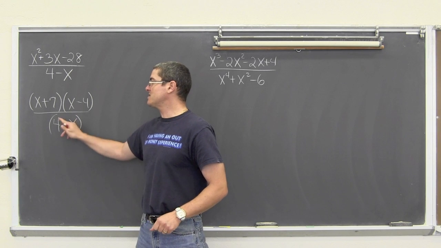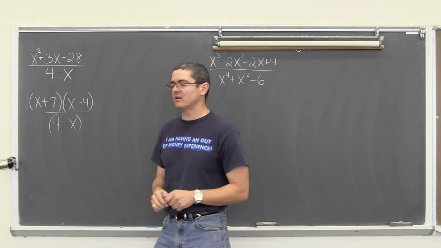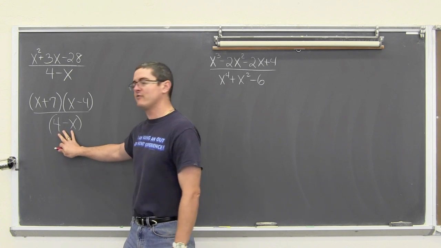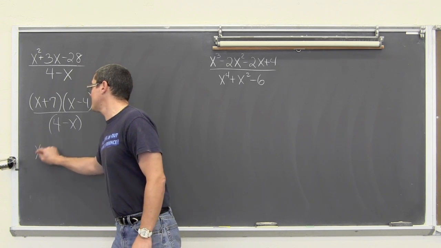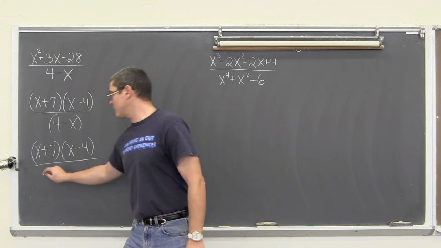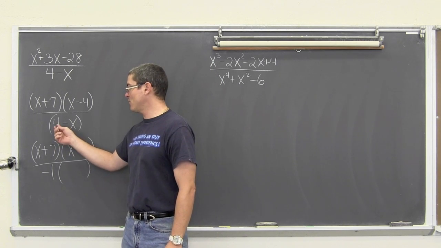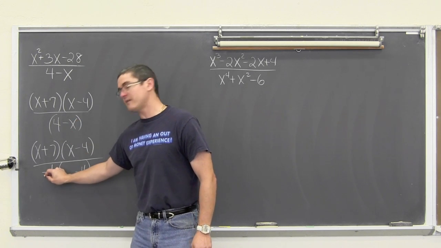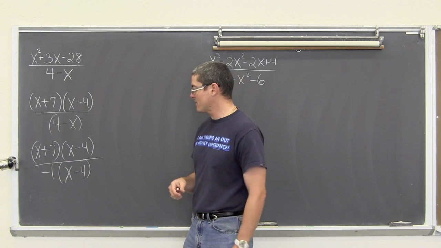So before you cancel these out, if you do it enough times in your homework, probably not. This is a little bit of an advanced thing here. You might just do this in your head, but to show all the work, we want to reverse the order of the subtraction, and we're going to do that by factoring out a negative 1. So we have x plus 7 times x minus 4, and we're going to take a negative 1 out of these two terms. They're not going to change the values, just the signs. So 4 divided by negative 1 is negative 4, and negative 1x divided by negative 1 is positive x. I mean, I guess you aren't changing the value, but you're going to reverse the order of that subtraction.